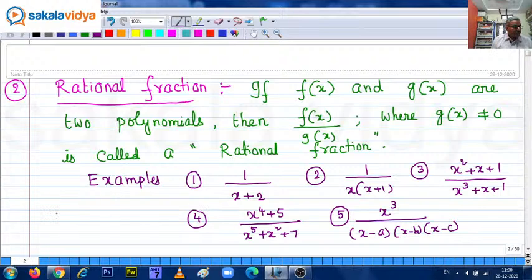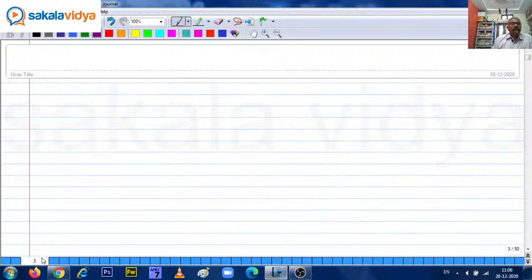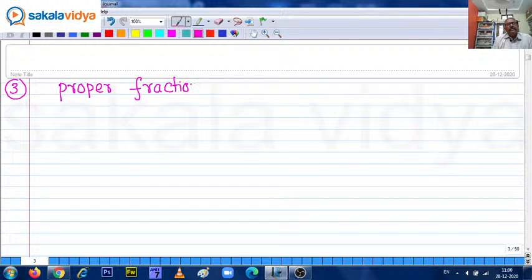So next one is, we shall define, proper fraction. This is also very important. You need to remember this one, proper fraction. Okay, Srinivasa Kumar, Mandalaparthi, Sandeep, welcome. So a proper fraction is also a rational fraction, you remember. So that means a rational fraction